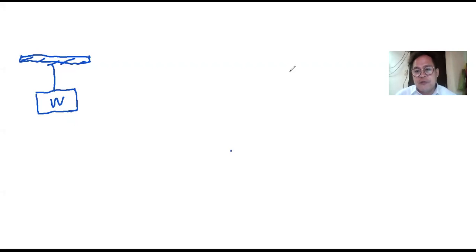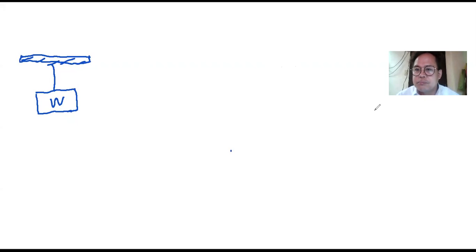So first, before we start our lesson, let's focus on this drawing. Please forgive my drawing because I'm not a good artist. So the question is, why is it that the object with that certain weight remains at that certain position? Do you think? Anybody can answer?